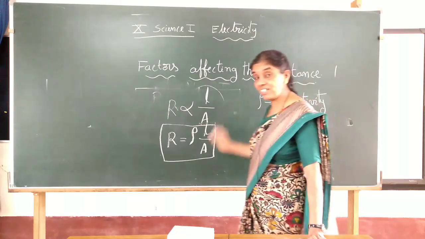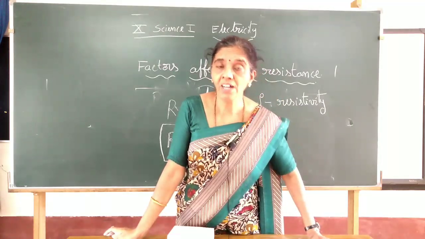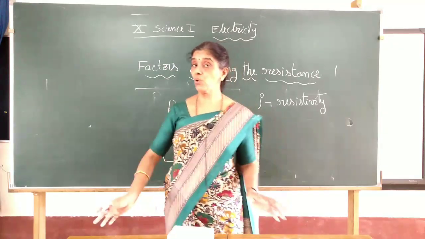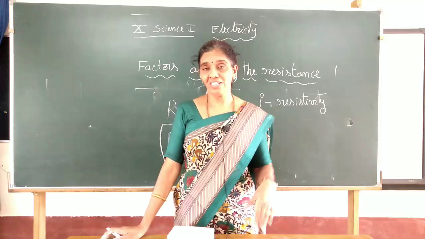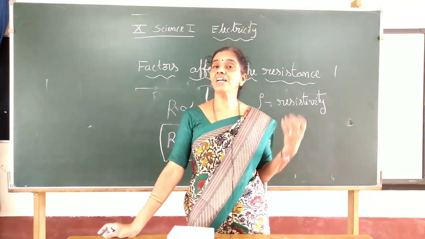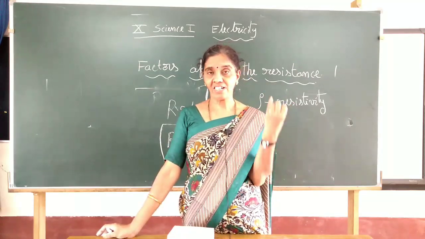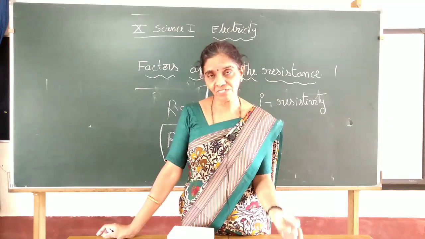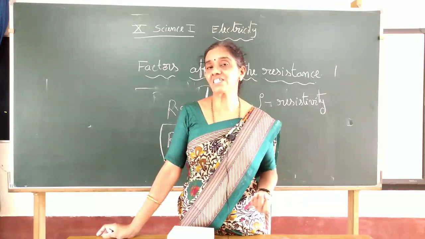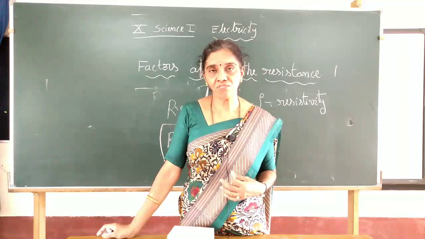What is resistivity? It is the characteristic nature, the resistance of the material. Whichever material we have taken, it has its own resistance value, right? Resistivity is the property of the material itself. The resistance of a conductor depends mainly on three things: one is the length of the conductor, second is the area of cross section of the conductor, and third is the material itself. What material we have taken also determines the resistance of the conductor.